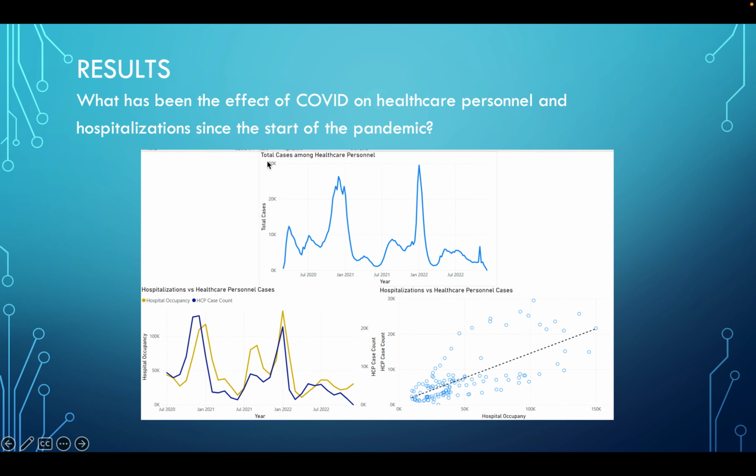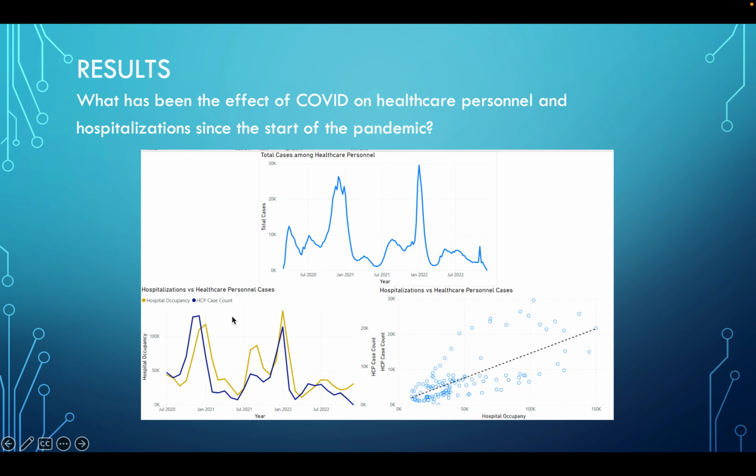So the third question I wanted to look at is, what has been the effect of COVID on healthcare personnel and hospitalizations since the start of the pandemic? So as we can see here, this first graph looks at a progression of cases among healthcare personnel over time since the start of the pandemic, and we can see a sort of repeating pattern where there is an increase from the end of 2020 and again at the end of